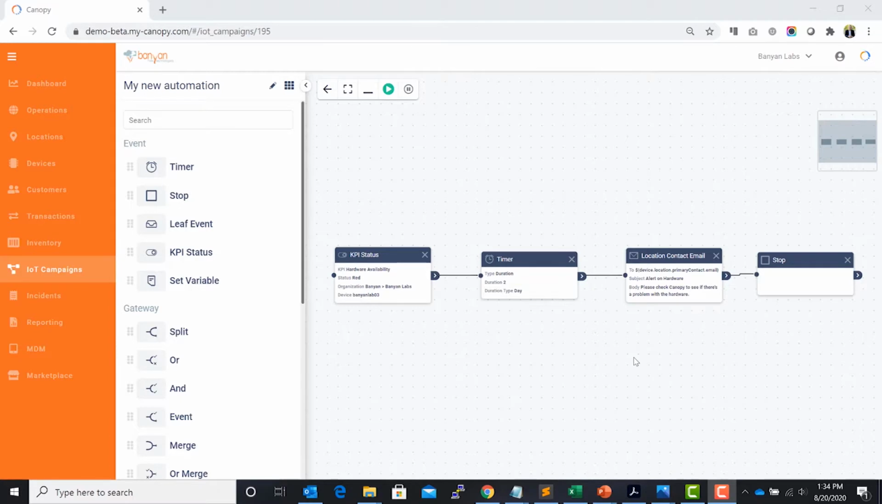In this video, we're going to talk about the basics of automation in the Canopy IoT platform and using branches in our workflows. Branches, also called gateways, are special connectors between items in our canvas that provide more flexibility in